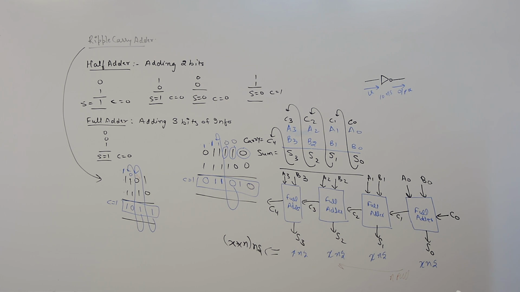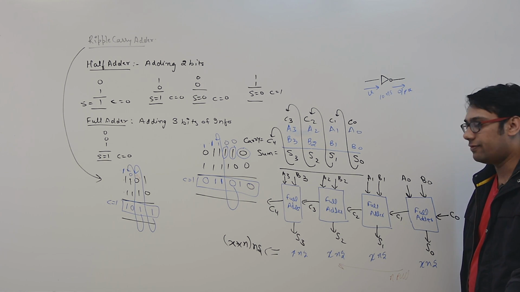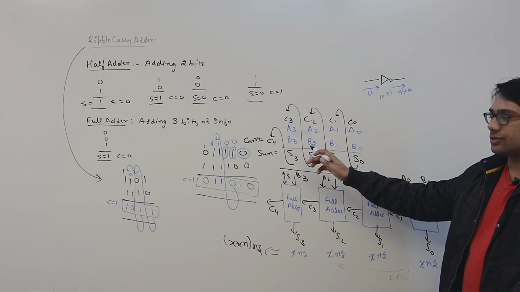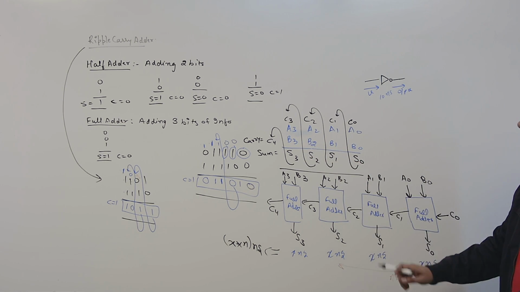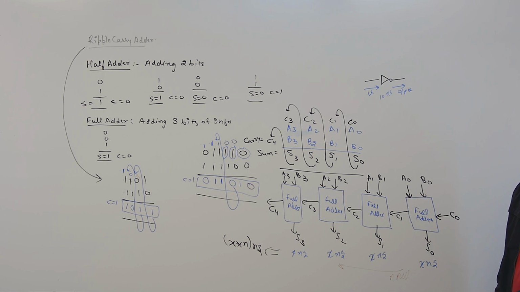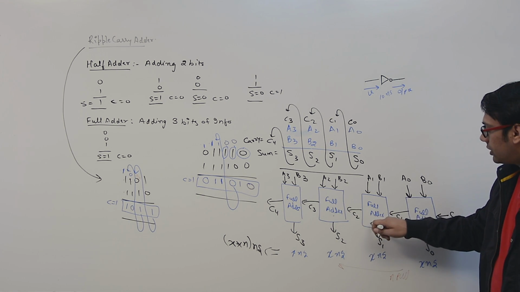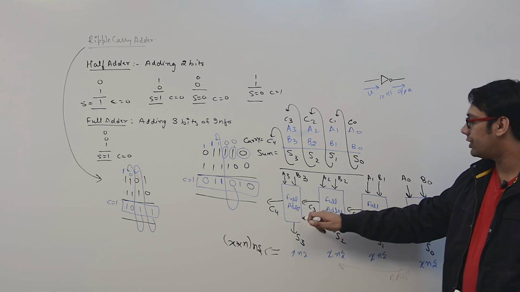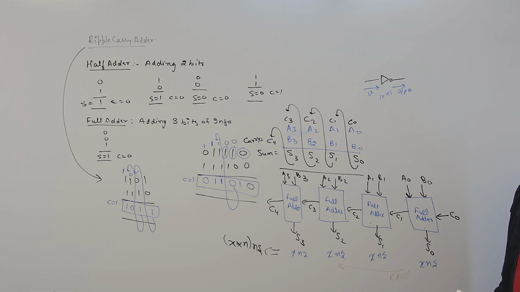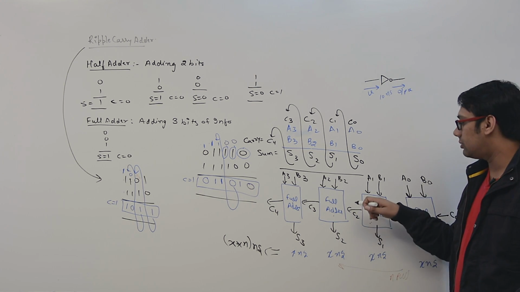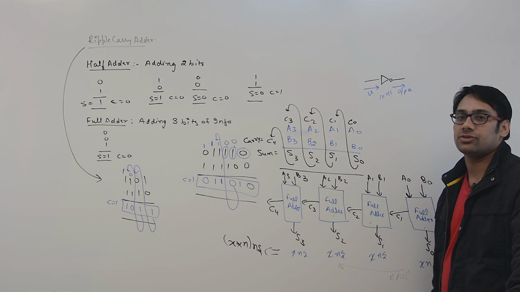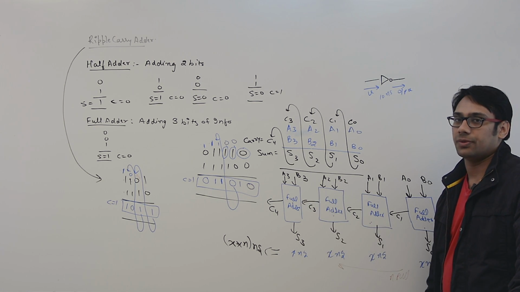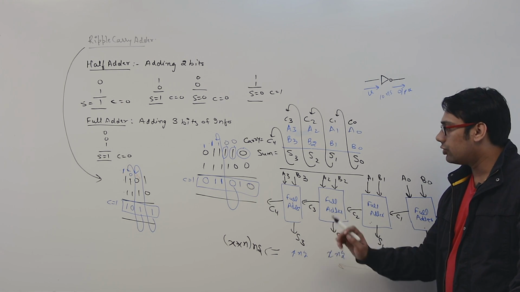So a better way is, can you design a circuit where all these additions will not be dependent on the previous full adder? For example, here this full adder is actually dependent on the first one, this full adder is dependent on this one and this is dependent on this one, therefore this full adder is dependent on two full adders. Again, this full adder is dependent on these three full adders, because if they produce a carry, and by performing some calculation, then only this full adder is going to know that there was a carry from the previous full adder, right?